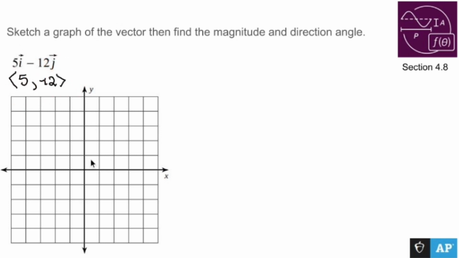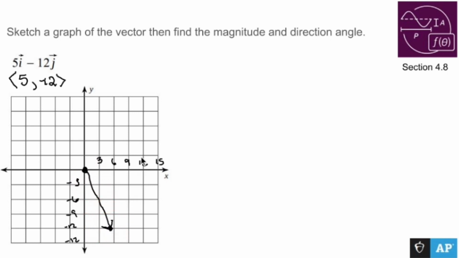In order to draw this out, you're going to start at 0, 0. You're going to go right 5 units and then down 12 units. So I'm not going to be able to draw that. So let's make each of these units 3. So 3, 6, 9, 12, 15, negative 3, negative 6, negative 9, negative 12, negative 15. So basically go right 5, go down 12, and your vector is going to start here and hit perfectly down there